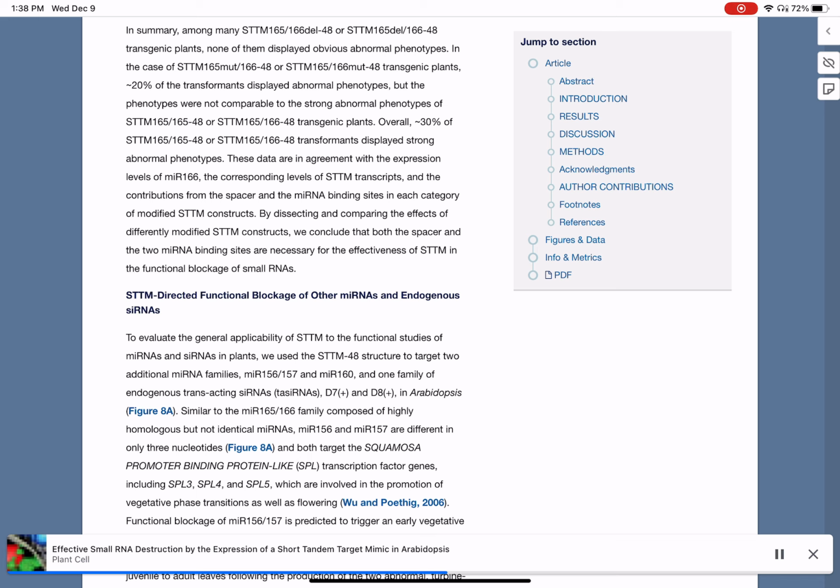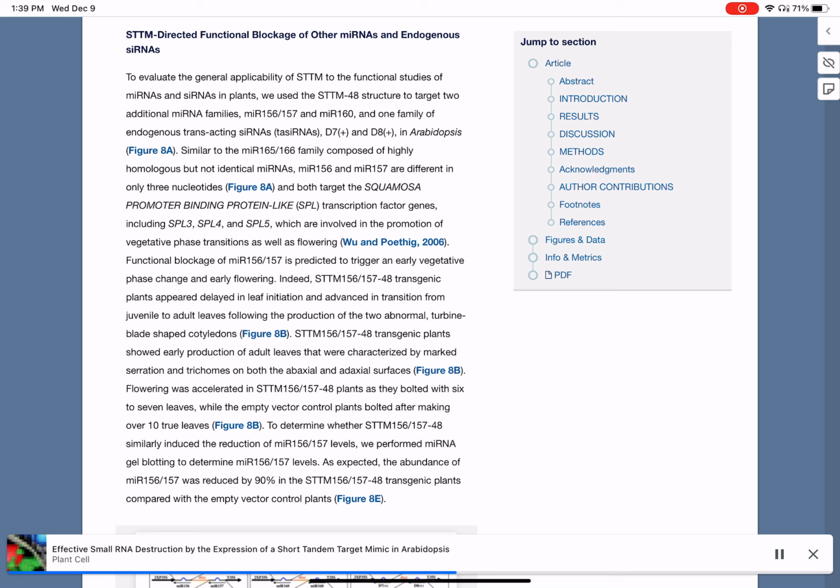Similar to the miR-165-166 family composed of highly homologous but not identical miRNAs, miR-156 and miR-157 differ in only 3 nucleotides, figure 8a, and both target the squamosa promoter binding protein-like, SPL, transcription factor genes, including SPL3, SPL4, and SPL5, which are involved in the promotion of vegetative phase transitions as well as flowering. Wu and Poethig, 2006. Functional blockage of miR-156-157 is predicted to trigger an early